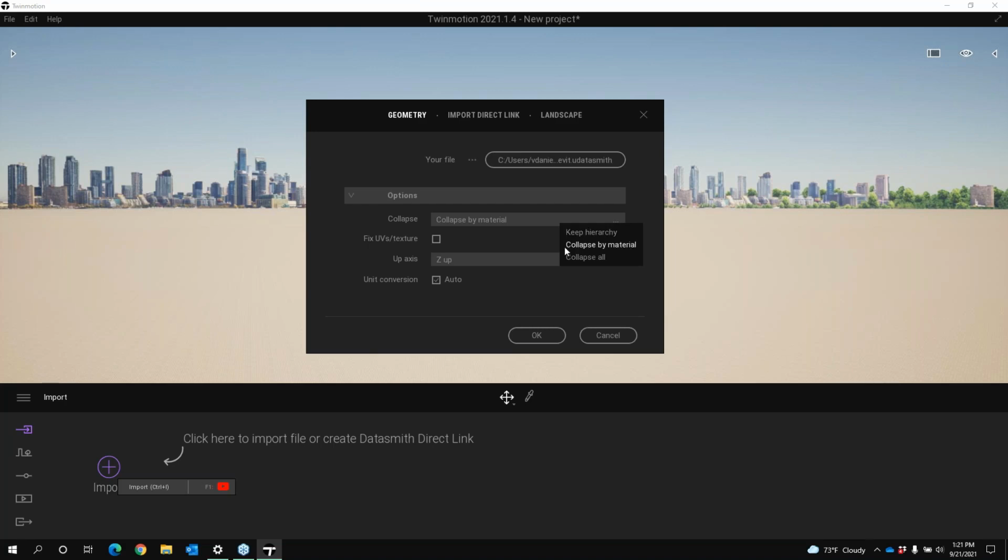Really easy example of this is in Revit, say all of your windows and curtain walls have the glass material assigned to them. If we collapse by material, then all of those glass objects would only be selectable as one object. And then the third option is collapse all, which actually just groups everything together into one object,